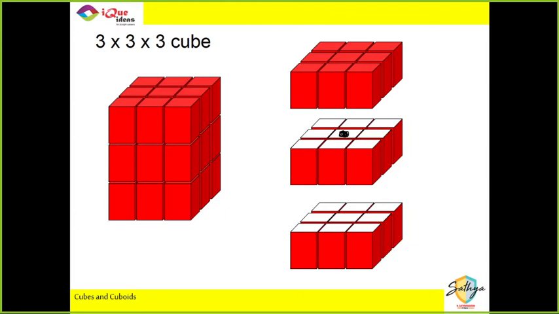Kavya, not 1, 0. The one which is exactly in the middle is covered from the top, covered from the bottom, and covered from all four sides. So this center piece is never touched by paint. So such pieces which are exactly in the center of the cube, whichever pieces are in the center of the cube, they will have zero sides painted. Did you get that?